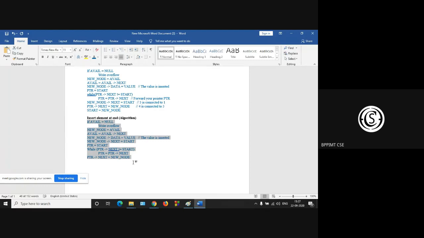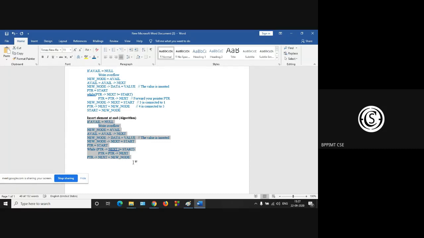Can you give a real life example of circular linked list? জানো কোনো real life example? When we are surfing the internet, we can use the backward and forward, back button and forward button.